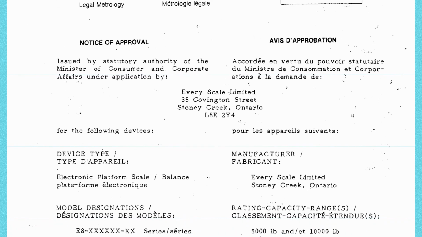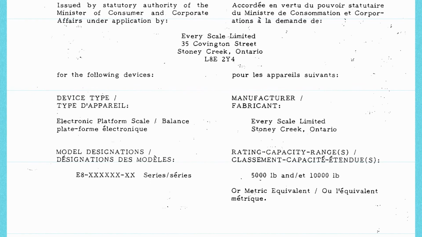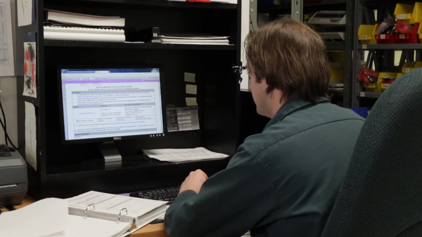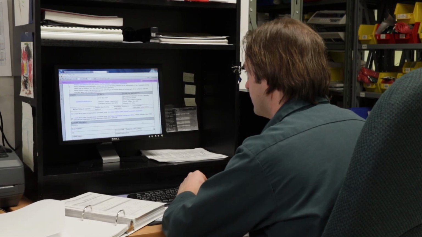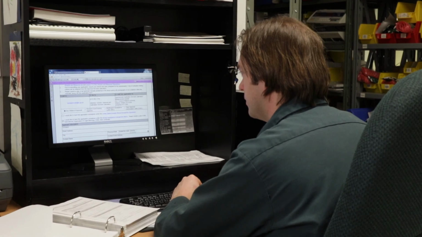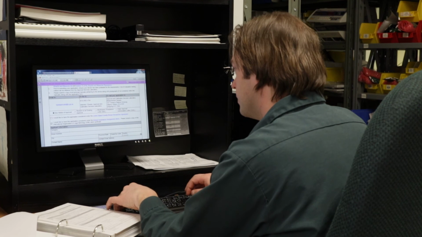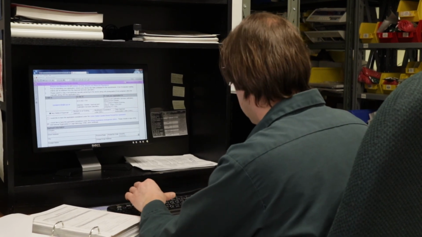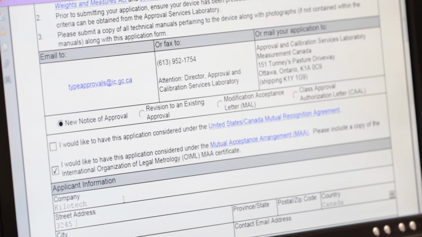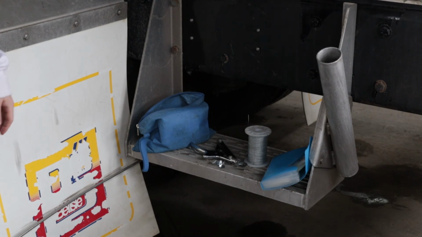Prior to Measurement Canada issuing a NOA, manufacturers must indicate the sealing method to be used for each device. It is important to note that, as devices have become more sophisticated and installations more complex, sealing methods may include not only physical seals, but also audit trails and other forms of electronic tamper control. Seals and sealing tools must be controlled in order to prevent improper use. This involves vigilance on the part of field staff.